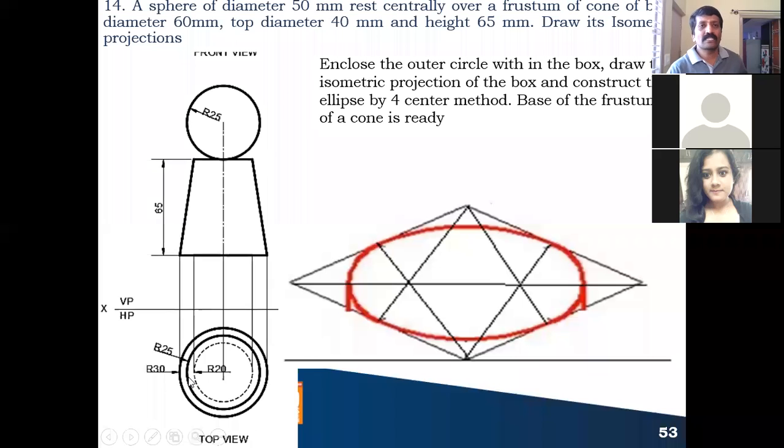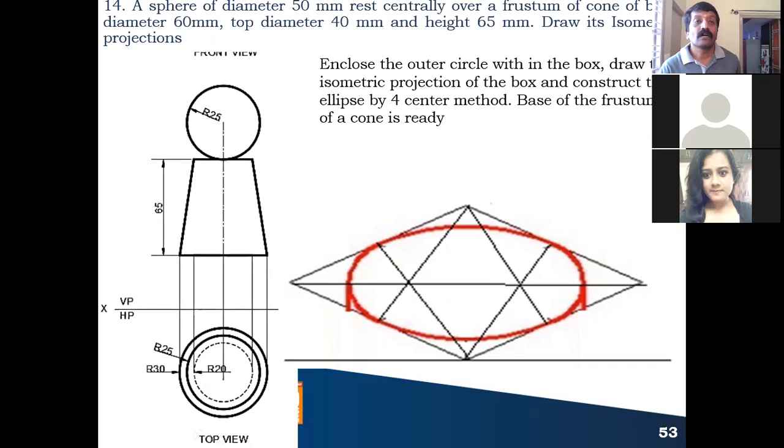That is the base of your frustum of a cone. What is the top diameter? 40, correct? Then you take 20 millimeter radius and draw one more circle. This circle is the top circle of your frustum of a cone.